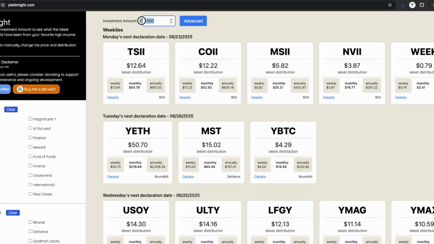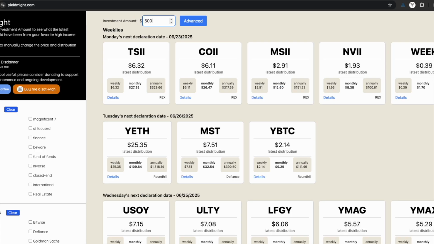The premise of this: if you say you have $500 to invest this time, if I had invested this $500 before the latest distribution of these ETFs, what would my total distribution be? Because it's hard to tell from the distribution dollar amount, because the price of the ETF depends on how many shares you can buy. So this is just a way to compare them quickly. And this has the latest distribution, and then you can see them normalized weekly, monthly, and annually,